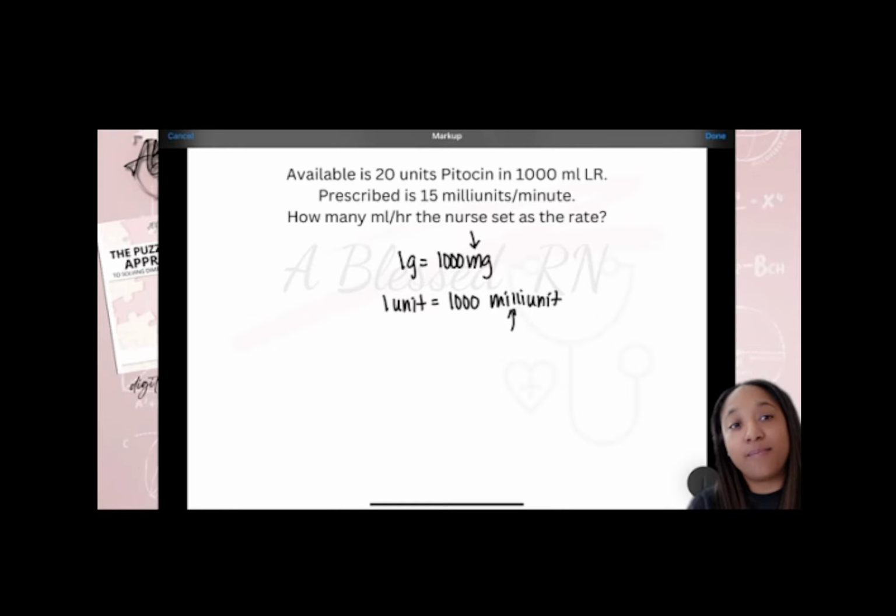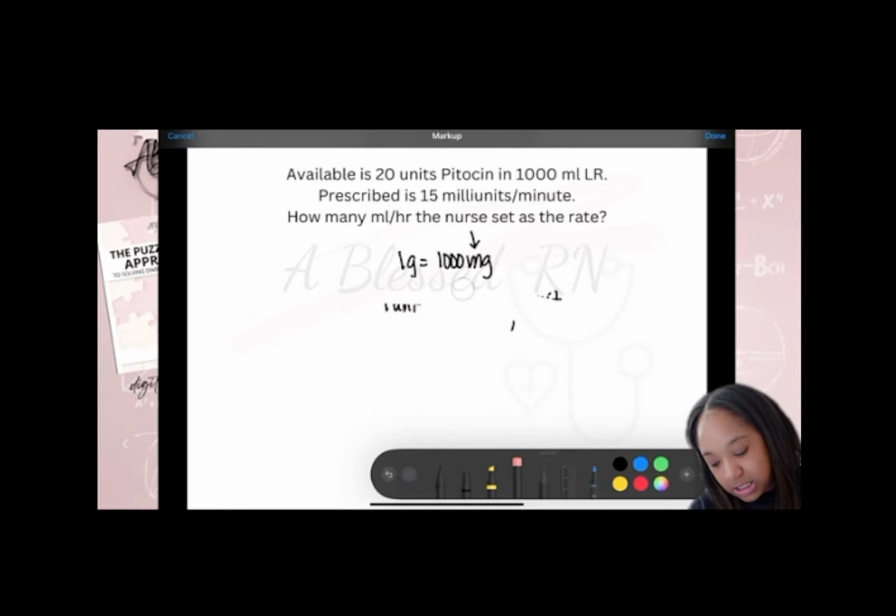Because everything can't be measured in grams. Some stuff has to be in units, like your heparin, your Pitocin, your insulin. Some stuff has to be measured in milliequivalents, like that one that we did earlier with potassium, because it's an electrolyte, okay? Don't let that throw you off, okay? So now let's look at this. Now that we have established that,